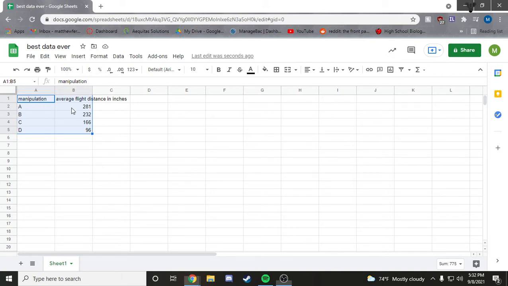So what I've got right here is some sample data, and in this first column, in A1, I have the title of my independent variable. In this case, I just have manipulation, because this could be whatever. This could be your plane design, right? So maybe this is plane design. It could be wingspan, whatever it is, sure. And so let's say then if we're doing plane design,